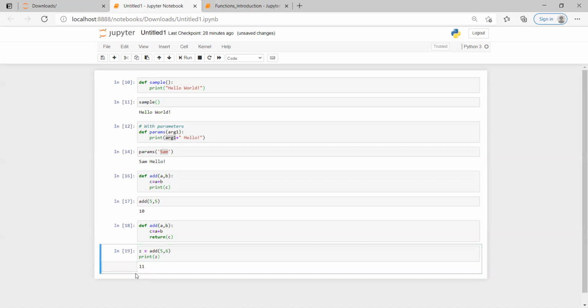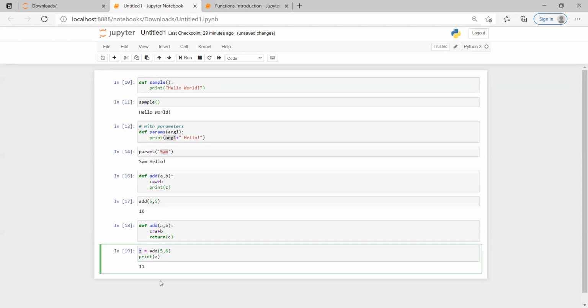Control enter. You see z is holding the value 11. That means it is adding, and it is returning the value back to the function call, which is held in a variable. Once you return the value, when you print it, your variable contains the value of that particular function.